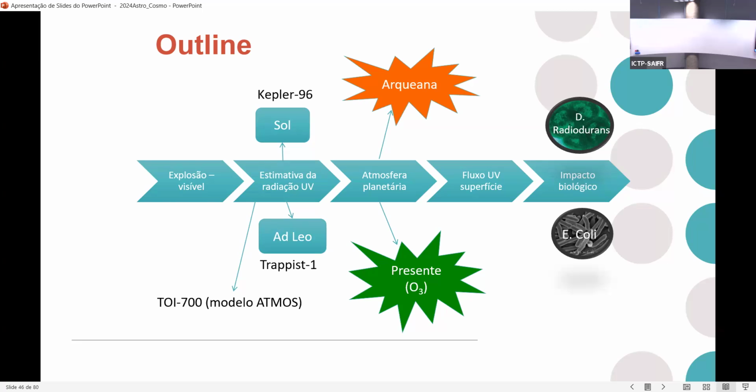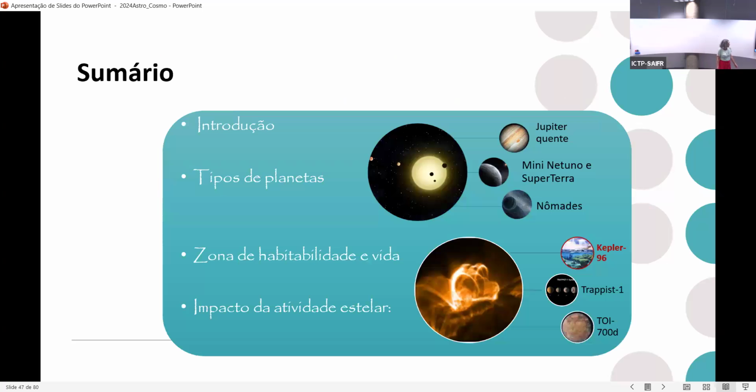And then we consider 2 bacteria. Escherichia coli is a common bacterium which we have in our guts. It only survives in a human being. And Deinococcus radiodurans, which is an extremophile, the most resistant form that we know that can resist very high doses of radiation, such as ultraviolet. Okay, so here